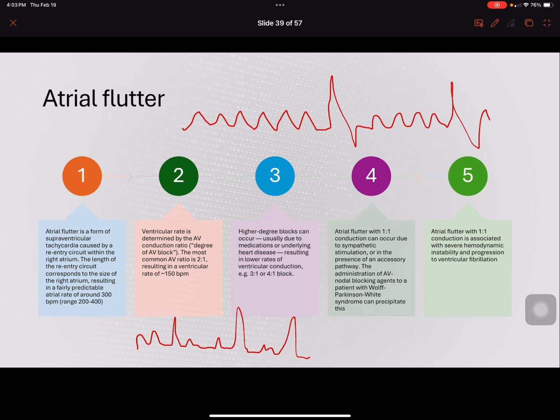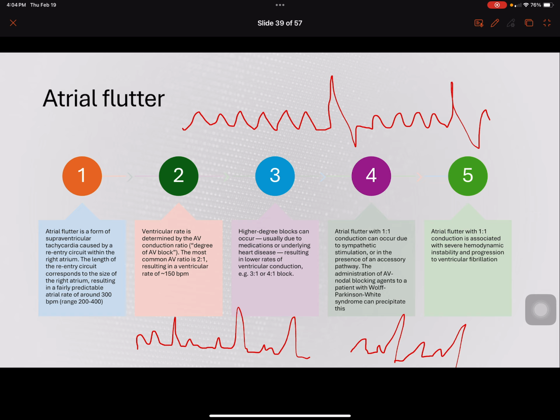Sometimes higher degree blocks can occur, with medications or underlying heart disease, resulting in lower ventricular rates, where we get 3-to-1 or 4-to-1 rates and start to see more flutter waves. These rates can also become very fast. In true A flutter with what we call 1-to-1 conduction, this can be really hard to determine because there's just one little flutter wave. We can see incredibly fast rates like 300 beats per minute, and these patients definitely need